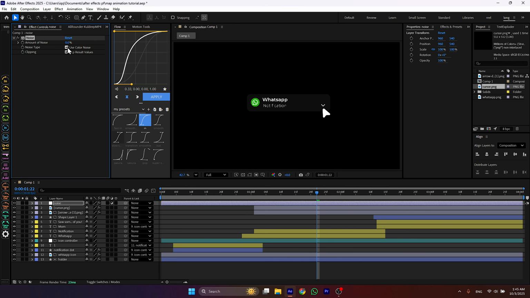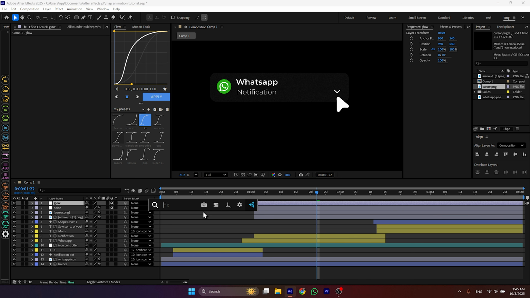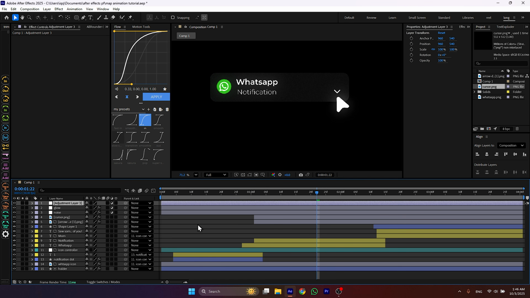Make sure to uncheck use color noise. Set the noise amount to 3. Add another adjustment layer. Rename it to glow. Add the effect. And now play with these settings. Again add an adjustment layer.